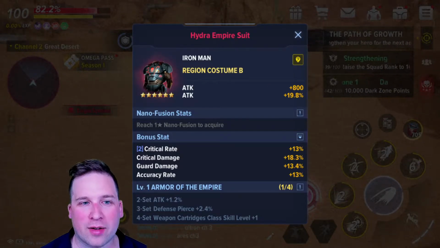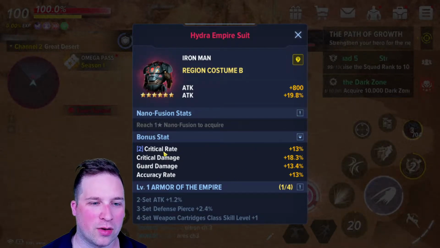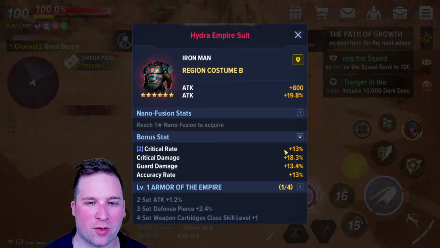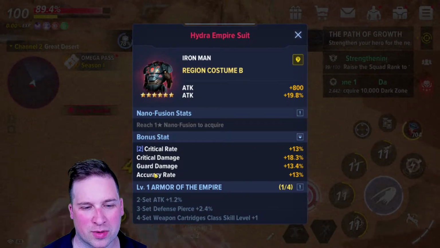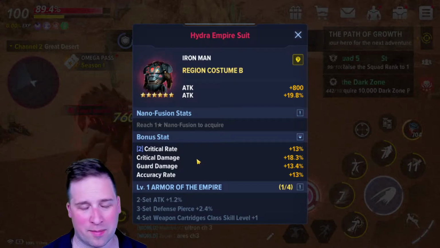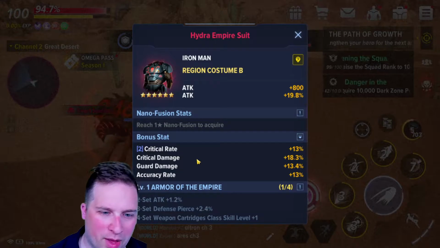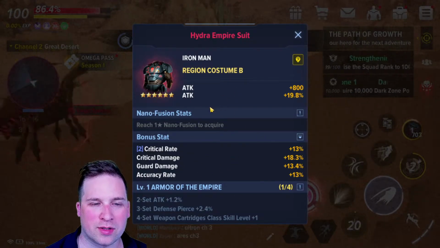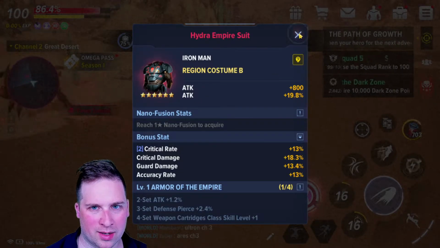So I've talked about regional pieces, and I just wanted to highlight this. This just popped up. This guy got decent drops on his 6-star Hydra Empire suit, and he got crit rate and crit damage. But he also got guard damage and accuracy rate, which are mediocre, especially as Iron Man, where the guard damage is fairly meaningless. This is just a good example of how you don't really get to choose these stats when you get regional pieces,